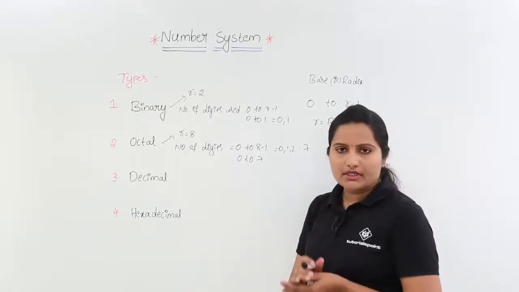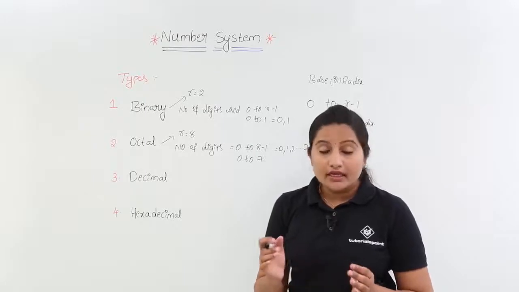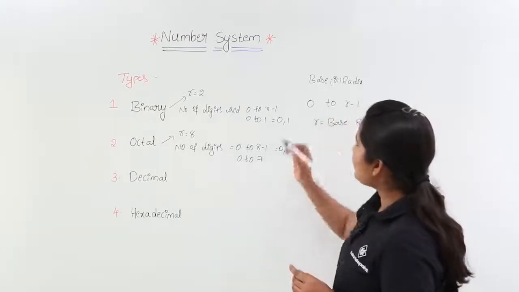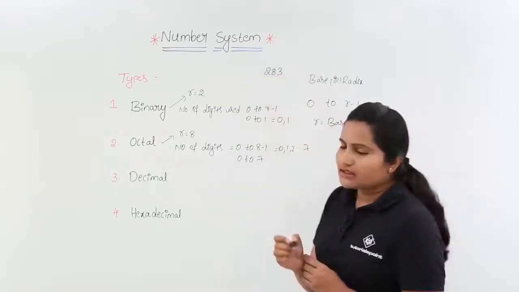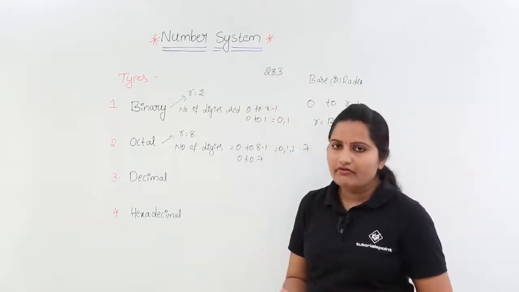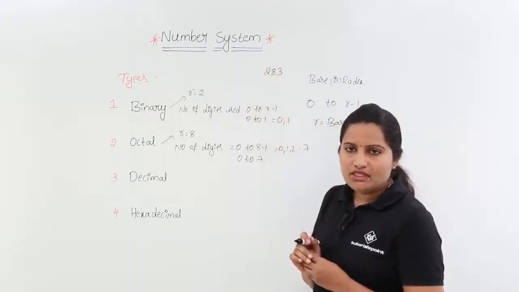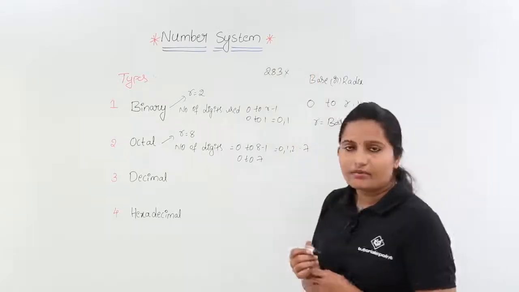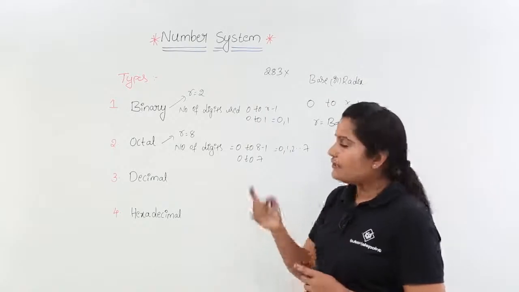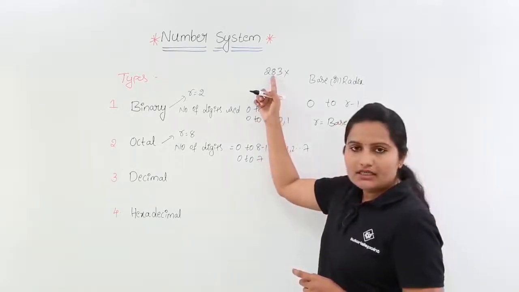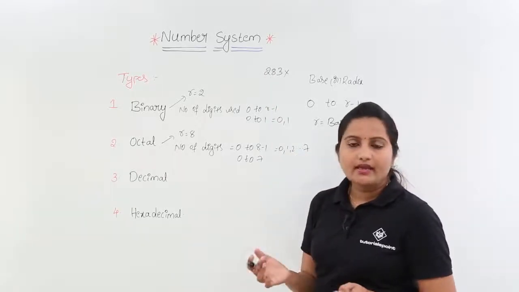So in the octal number system we need to use only digits from 0 to 7. If a number like 283 is given and someone asks whether it is an octal number or some other number, you need to say it is not an octal number, because one of the digits exceeds the range of the octal number system. In 283, the second digit exceeds the range of octal, so that can't be an octal number.